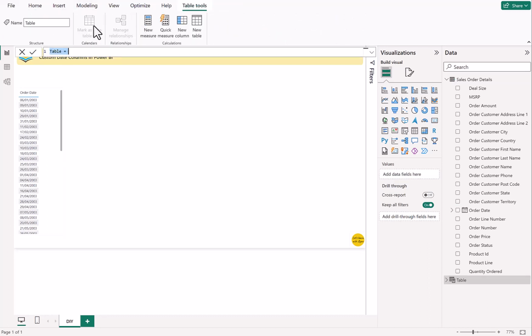Let's call this the dim calendar because this will be our dimension table for calendar. So let's define this as a calendar table. So we just say equal to calendar. And then we have to mention the start date and the end date. Since the data in our sales order details table is between Jan 2003 and December 2005, let's put the dates